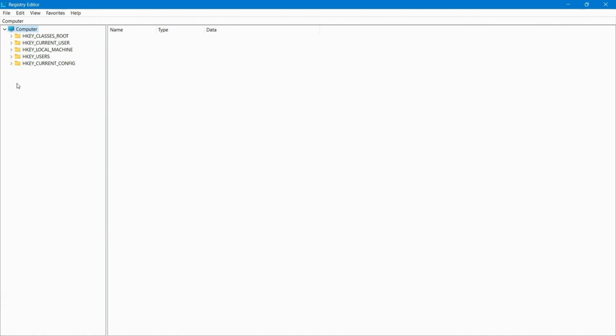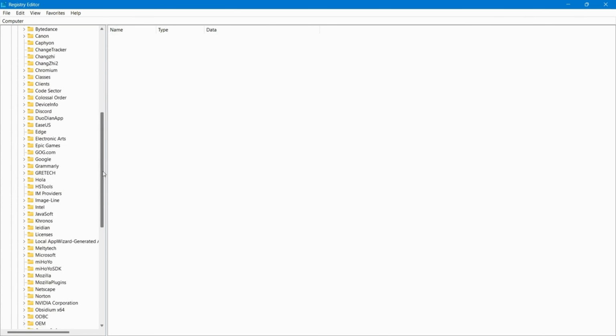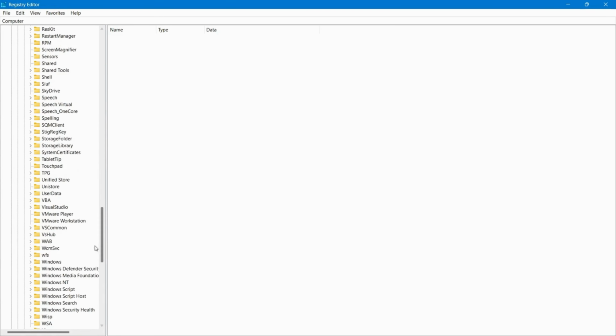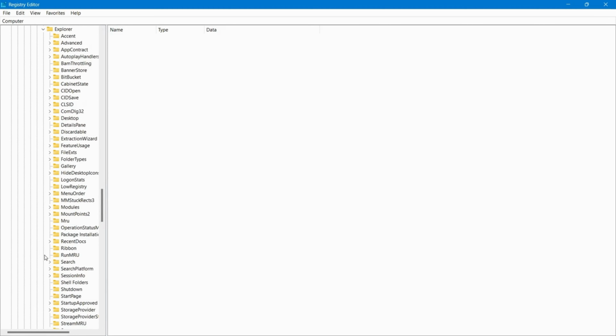From there, expand HKEY_CURRENT_USER, go to Software, open up Microsoft. From here, search for Windows, go to CurrentVersion, here search for Explorer,